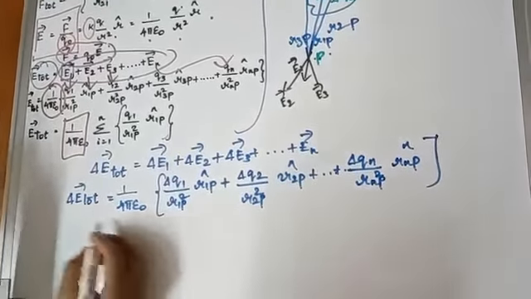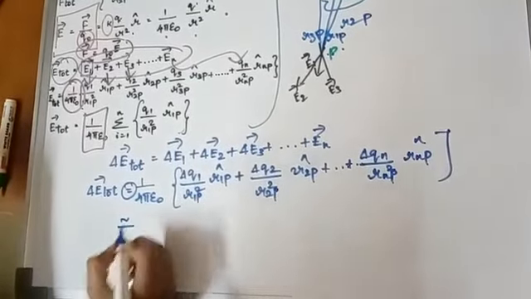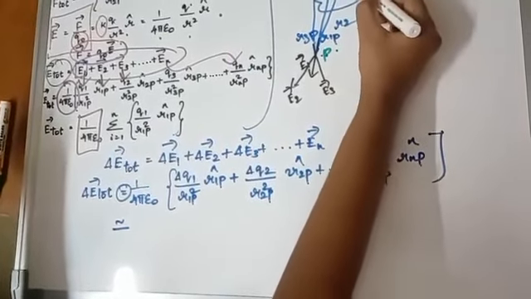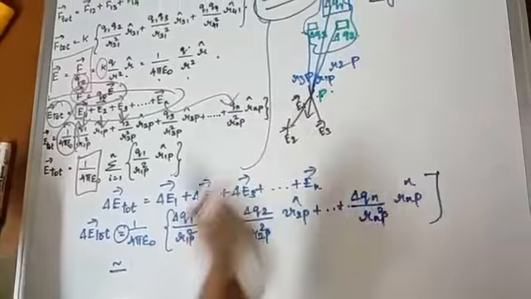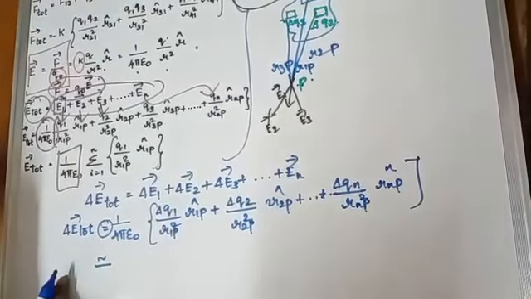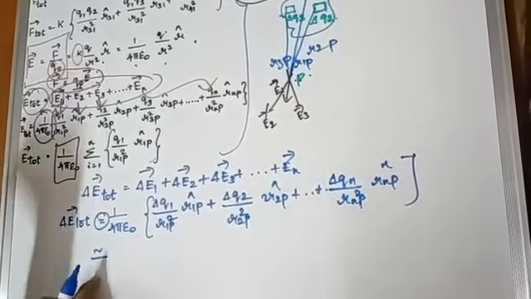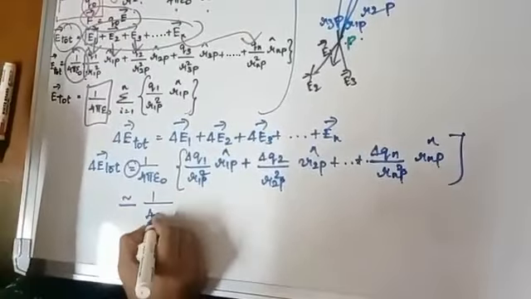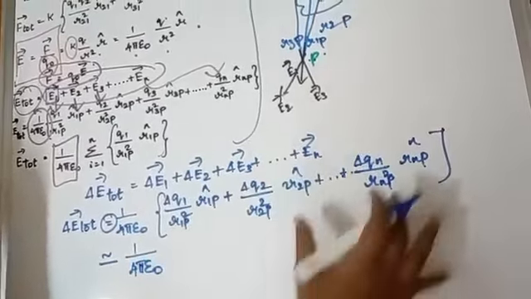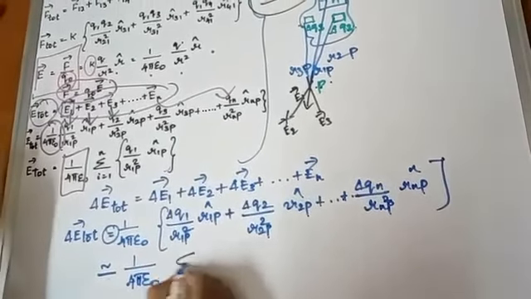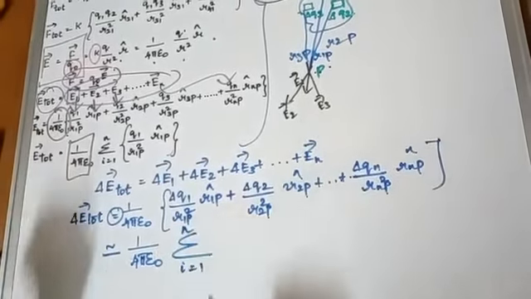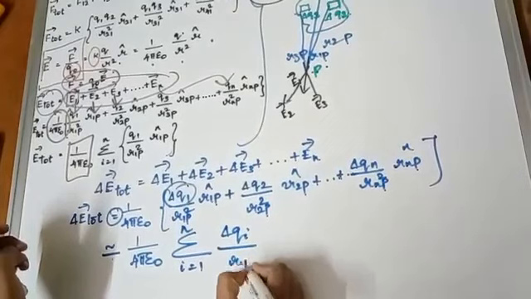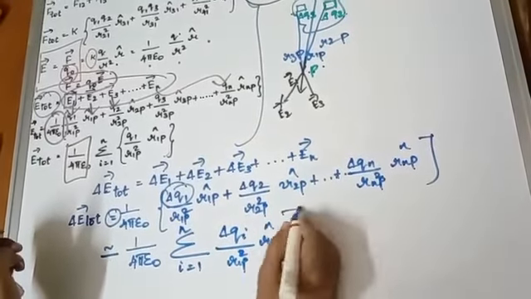So here this is not actually equal to, this is approximately equal to, because we can't say it is equal to, since we have considered this as a very small element and we don't know the accurate value. So we can tell this value, E total vector, is approximately equal to, not accurately equal to, 1 by 4 pi epsilon naught. Here we are summing up all the equations. So here we can write a summation from i to n. Here instead of del Q1 we can write del Qi upon Rip square, Rip unit vector.